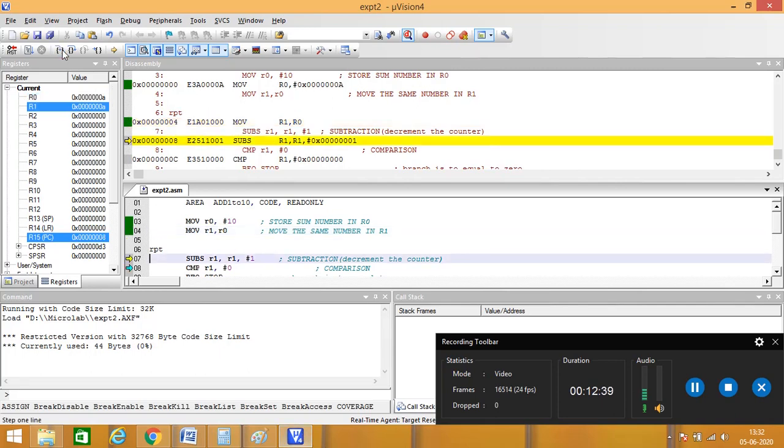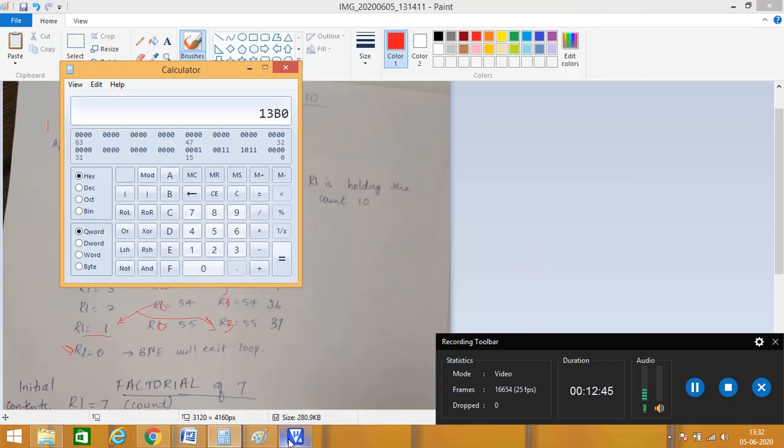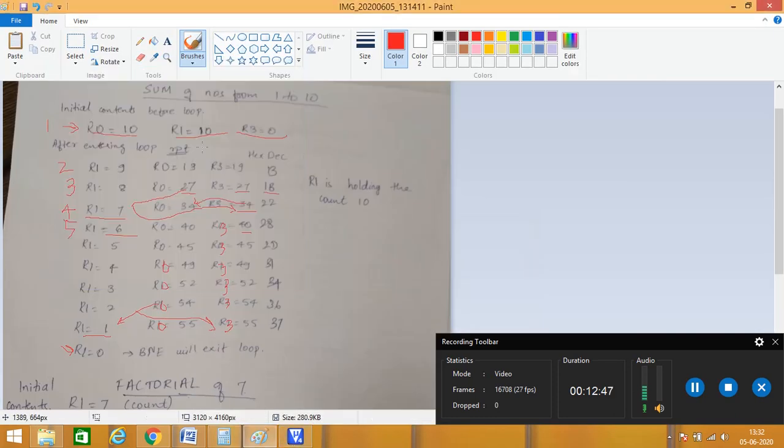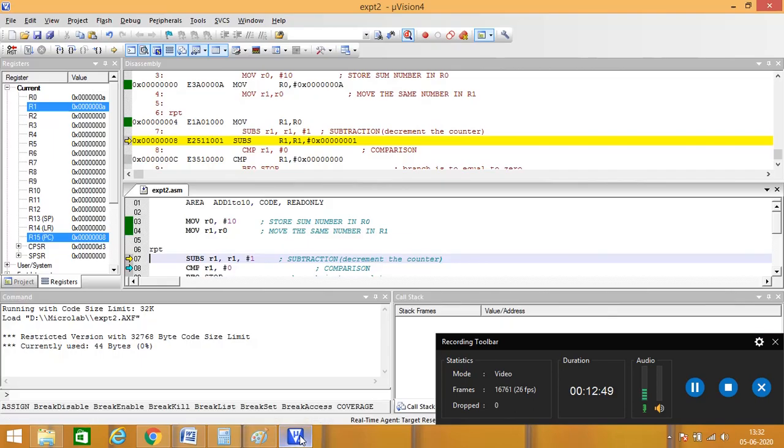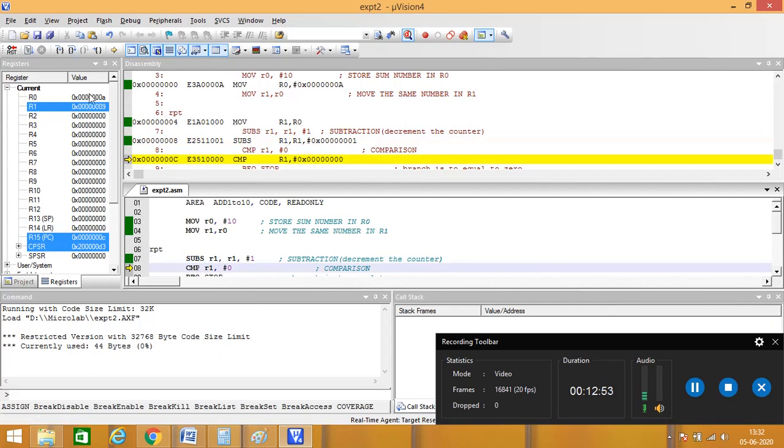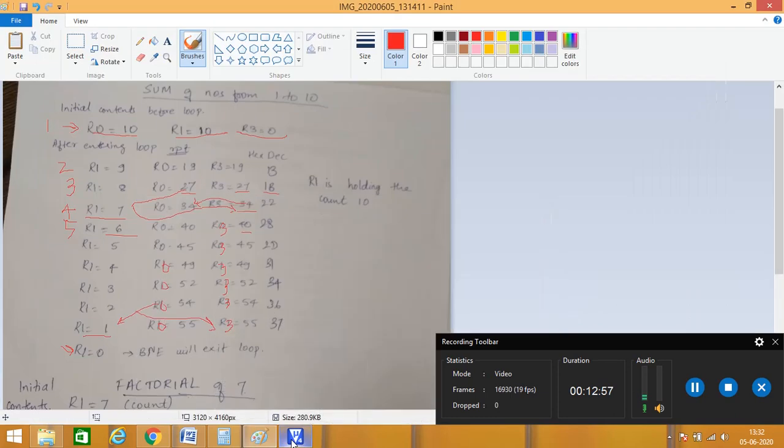In the next step, R1 will also be A, R0 and R1 both A, and what is R3? R3 will be 0. In the next step, R1 will become 9, as you can see here, R1 is 9.